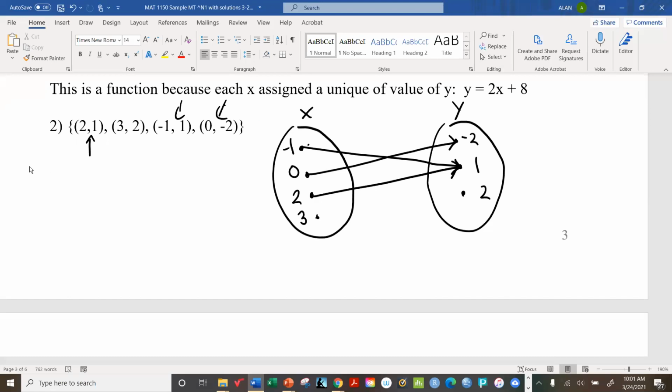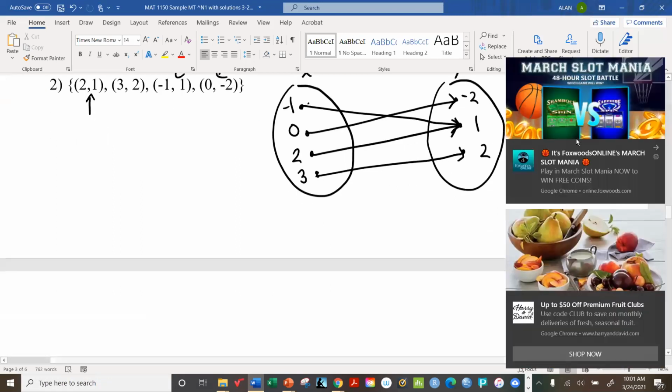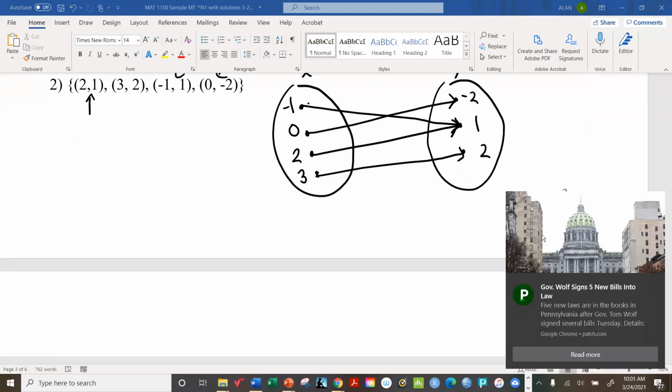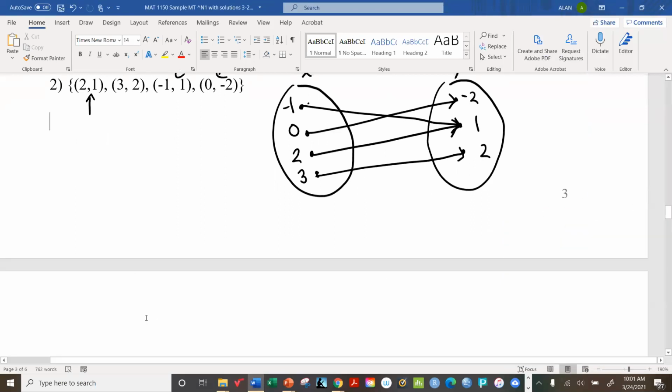And 3 has been associated with 2. So even though 2 of these x's were associated with 1, that's not a problem. This does in fact qualify as a function because